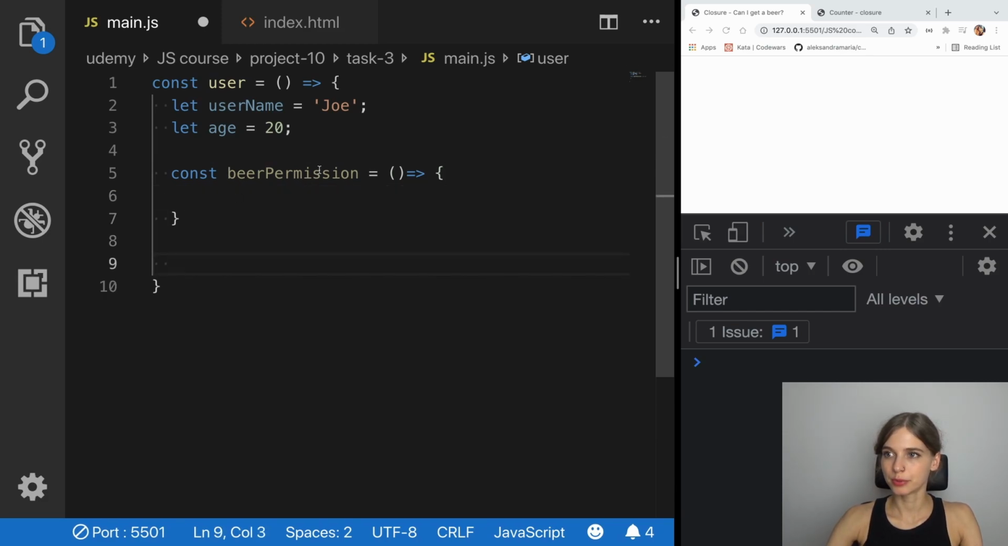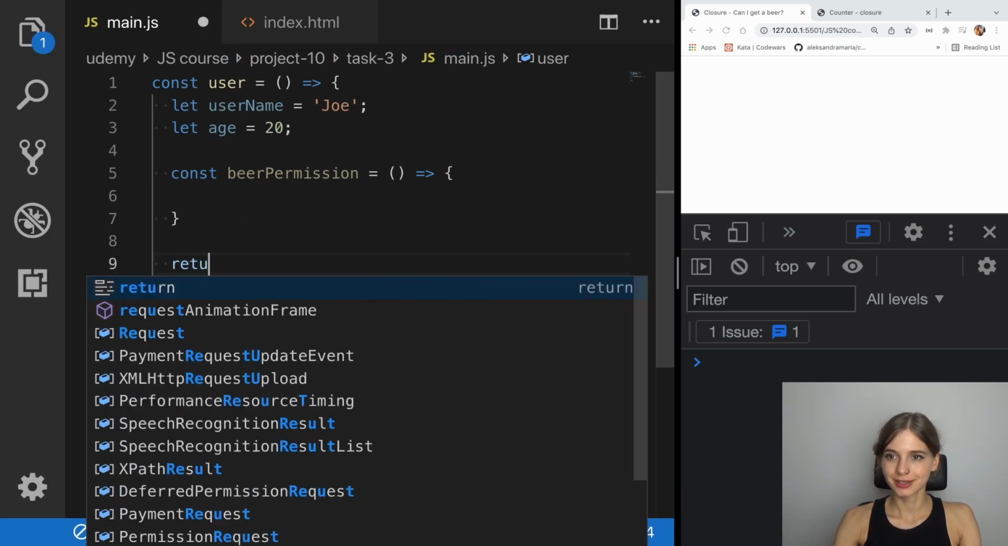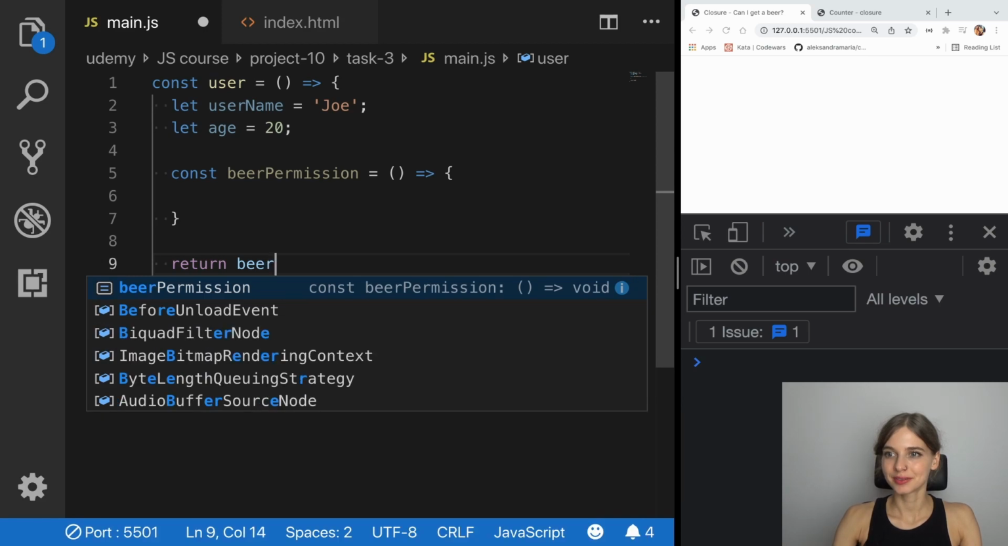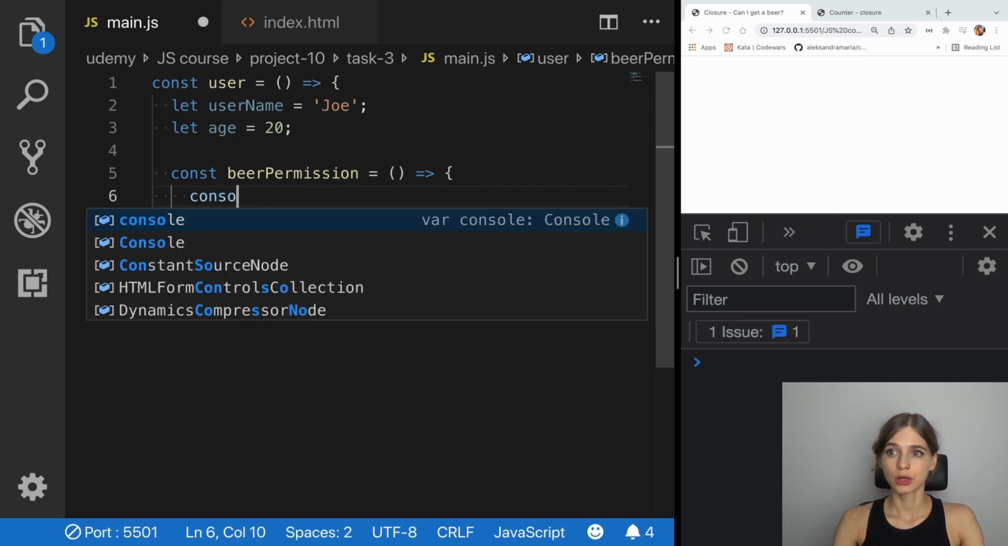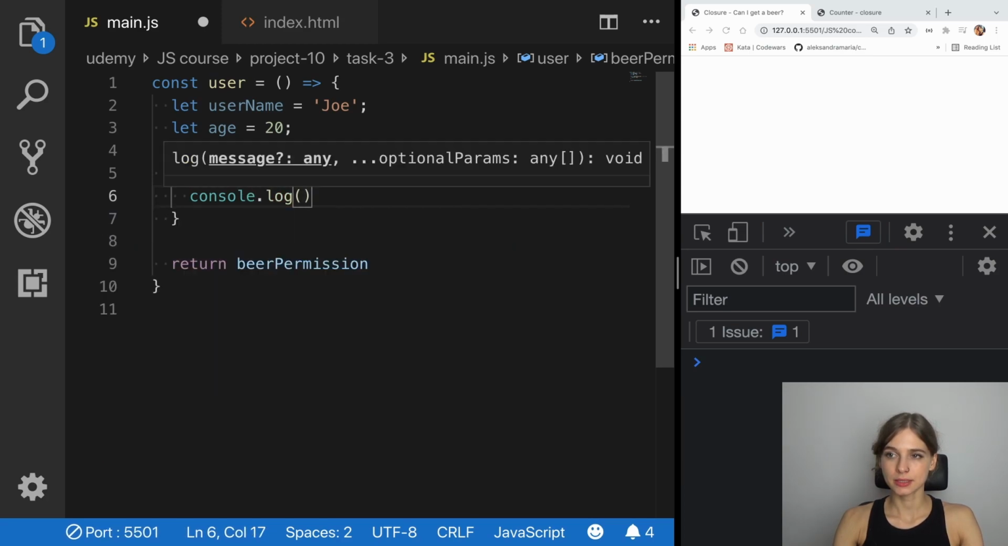And regardless of whatever beer permission does, we are going to return beer permission. Cool. So about this. The only job of our beer permission function is to console log a message. We're gonna use a template string, so I'm placing the backticks inside the parentheses, and we're gonna do "hi", make an injection here of username,